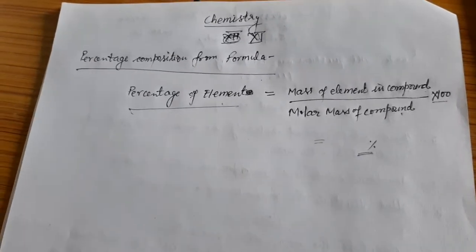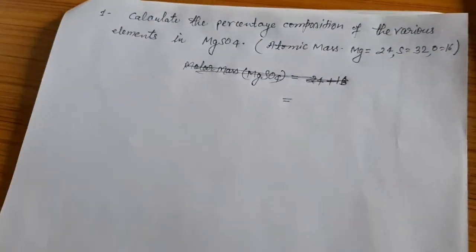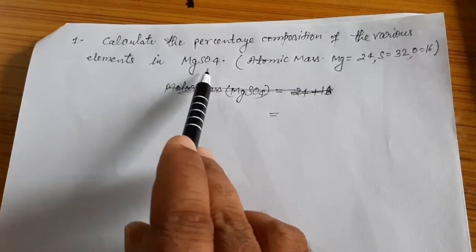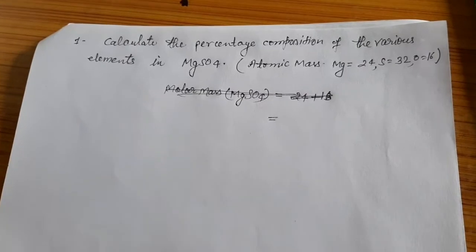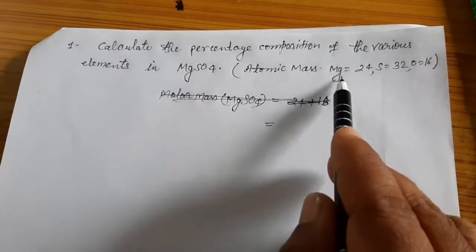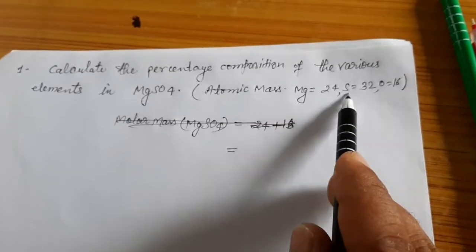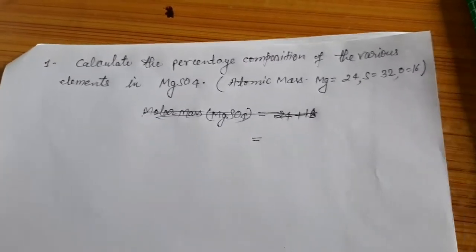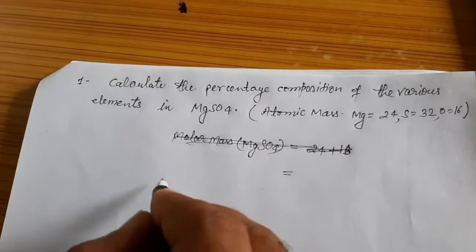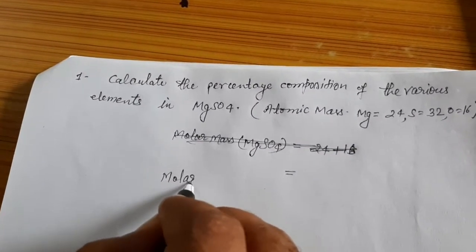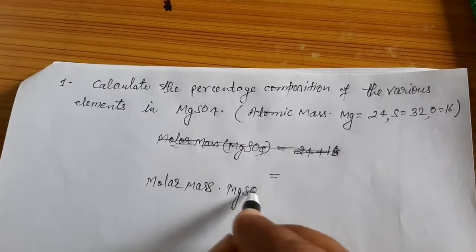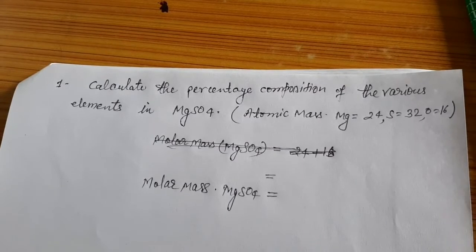So first of all we take one example about this. The example is: calculate the percentage composition of various elements in MgSO4. This is magnesium sulfate, and the atomic mass of Mg is given 24, sulfur is 32, oxygen is 16. So dear friends, first of all we have to calculate the molar mass of MgSO4, and this molar mass is